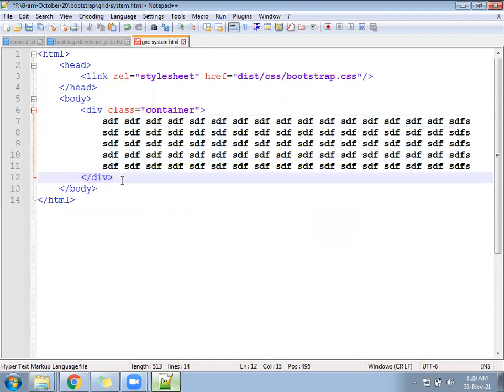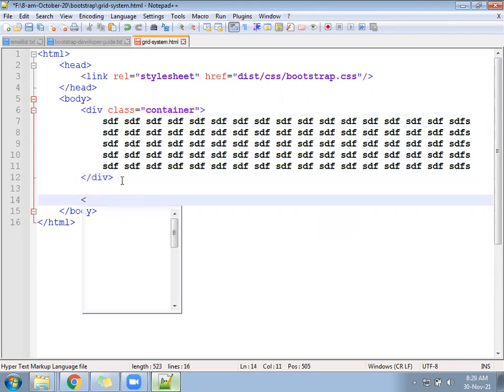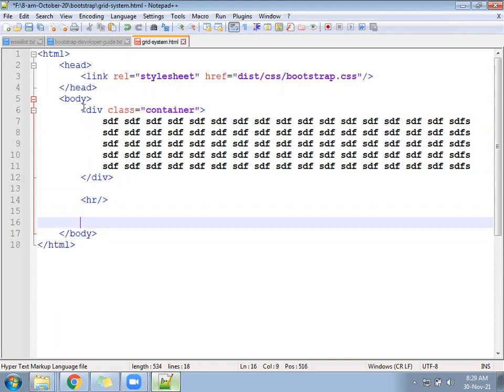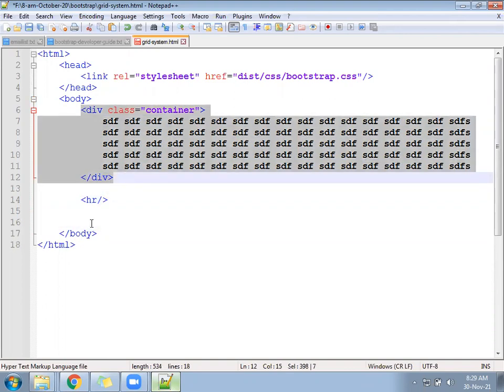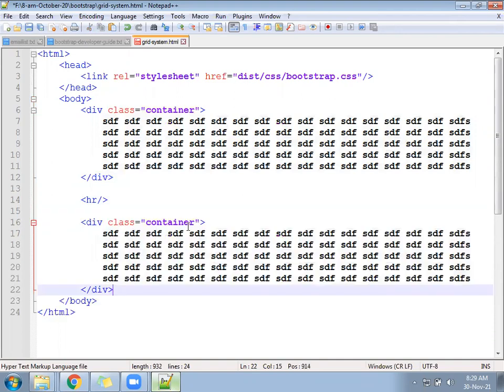After that, write one HR and again keep here class equal to container-fluid. These two classes we are going to use frequently as a parent class, as a parent element. Save now and identify. Are you finding any difference between both?